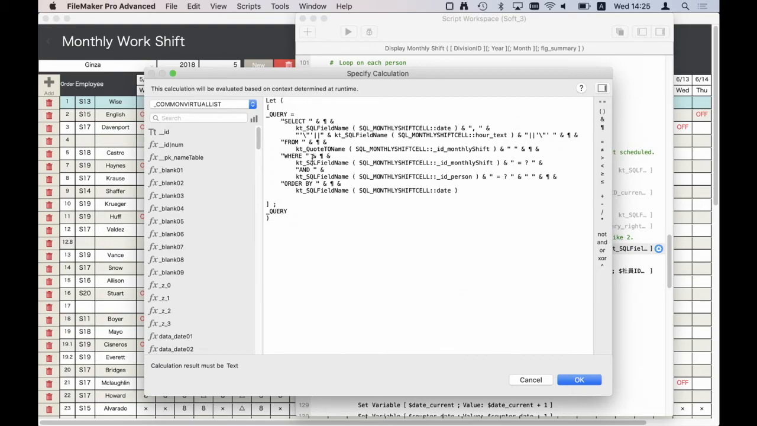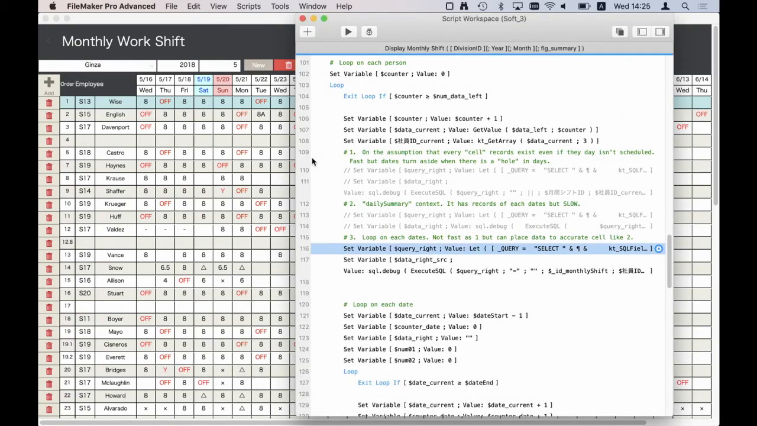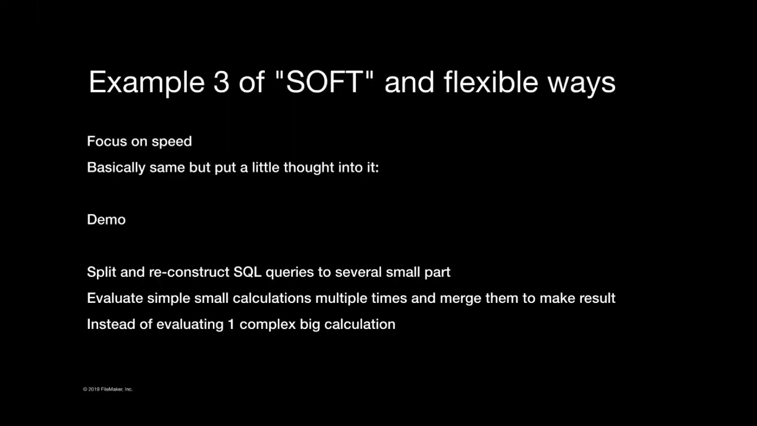Split and reconstruct the SQL queries into several small parts. And it turns out I found this way was fastest, collecting the data in very simple logic, one by one, and appending it to the result variable. It may sound like a cliche. I don't know the word,